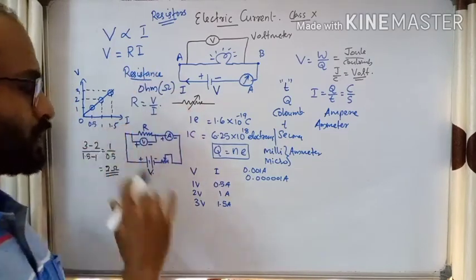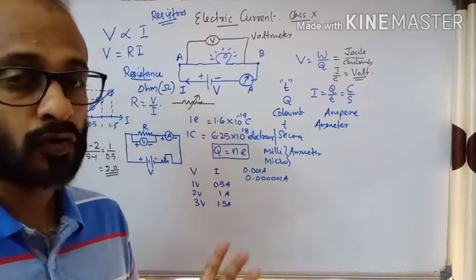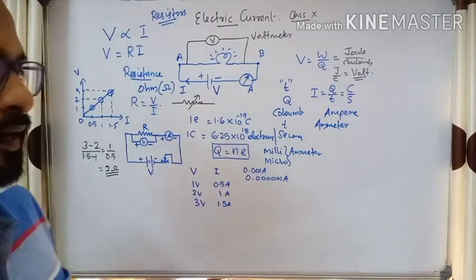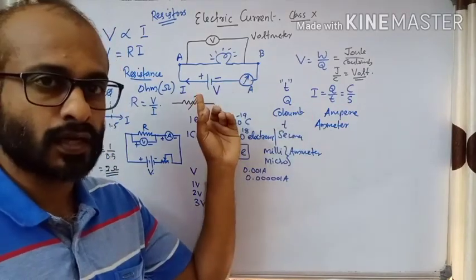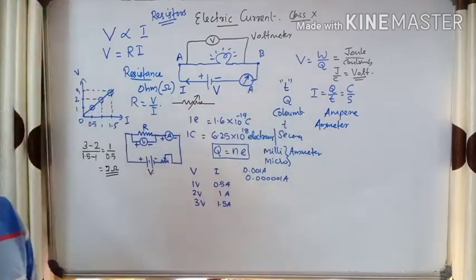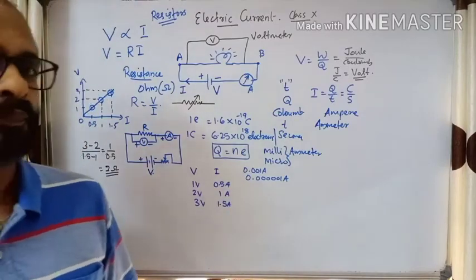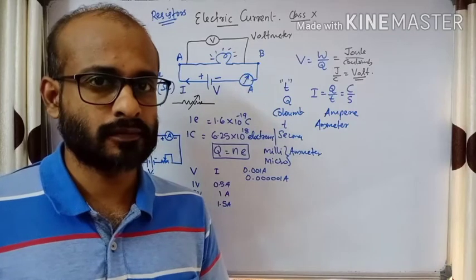So we have established the relation connecting potential difference and current across a conductor, provided the temperature remains constant. Then only Ohm's law is valid. So we have seen potential difference, electric current definitions and basic explanation, and then Ohm's law also. Now we have one more topic remaining: the factors that the resistance of a conductor depends on.